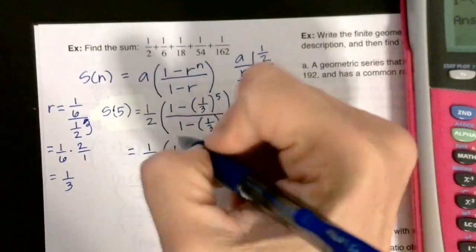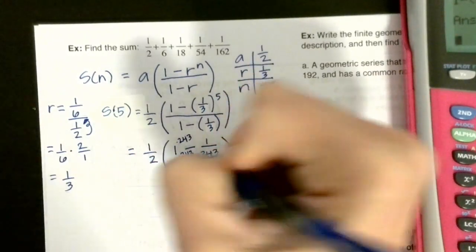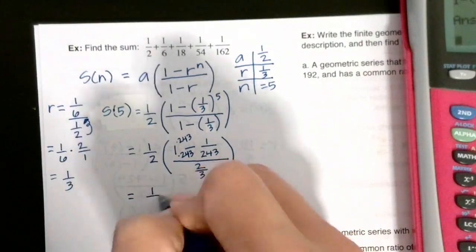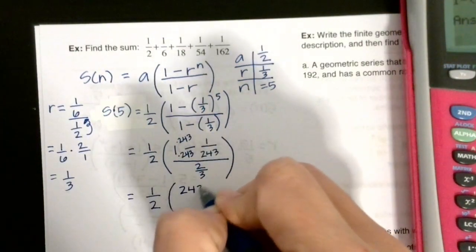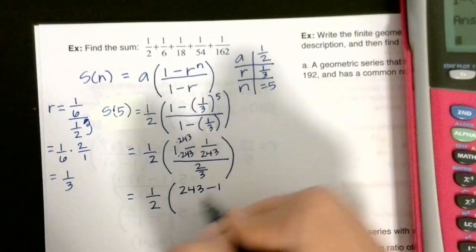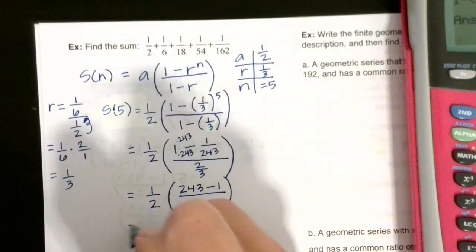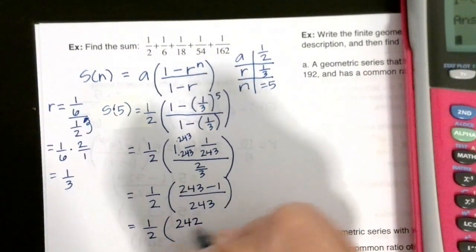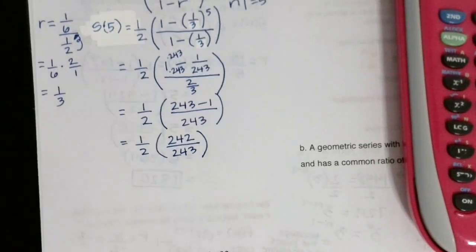Then the next step is going to be to get common denominators. So I'm going to do that. So I get 1/2, and it's going to be 243 minus 1 in the numerator all over 243, which equals 1/2. 243 minus 1 is 242. So then I'm there. And then what I'm going to do,